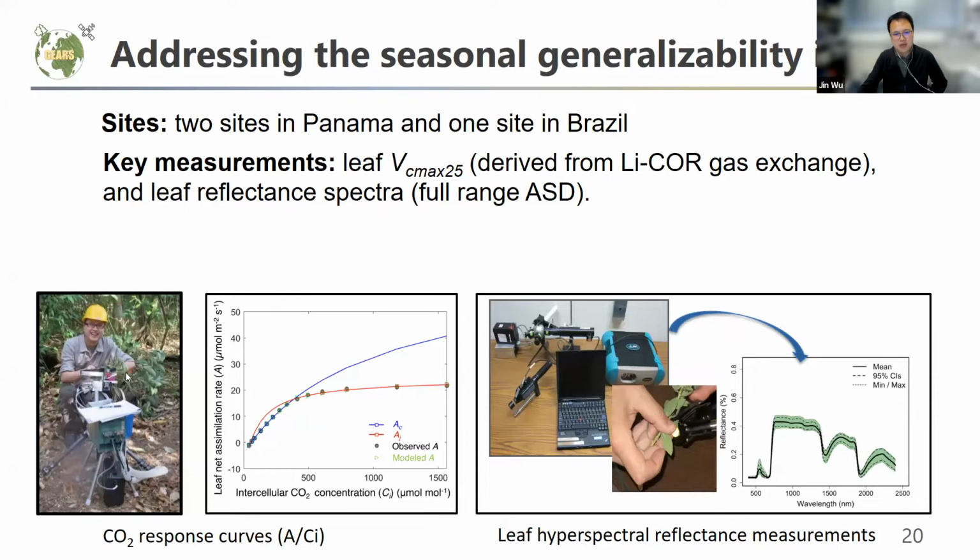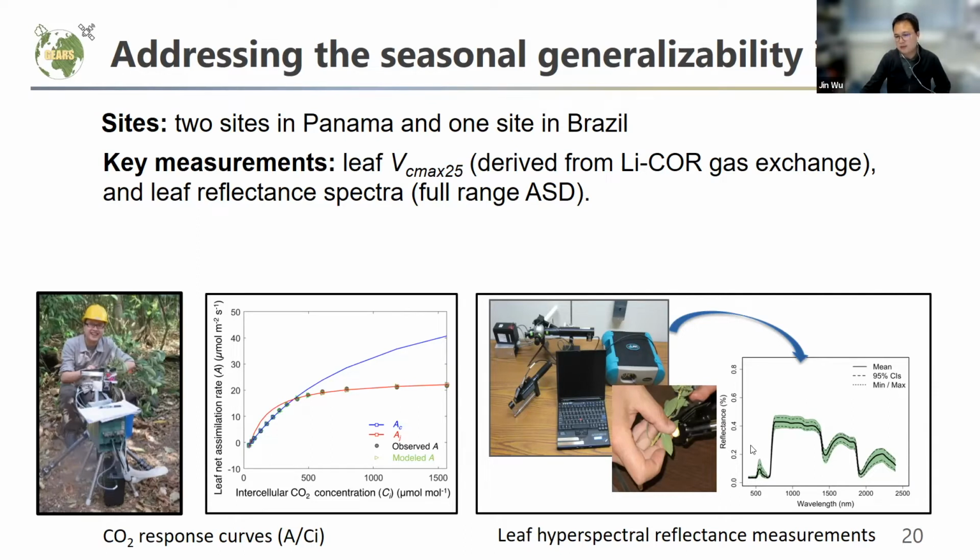Once we finish the leaf samples with the LICOR, later on we can also use a specialized piece of equipment called a spectral radiometer so that we can measure the leaf-level hyperspectral reflectance, like the example shown here. With the hyperspectral measurement, it takes almost one minute, so we can survey one leaf. But if we use the conventional approach like the LICOR, it will take almost 40 minutes or even longer to survey one ACi curve so that we can derive Vmax.